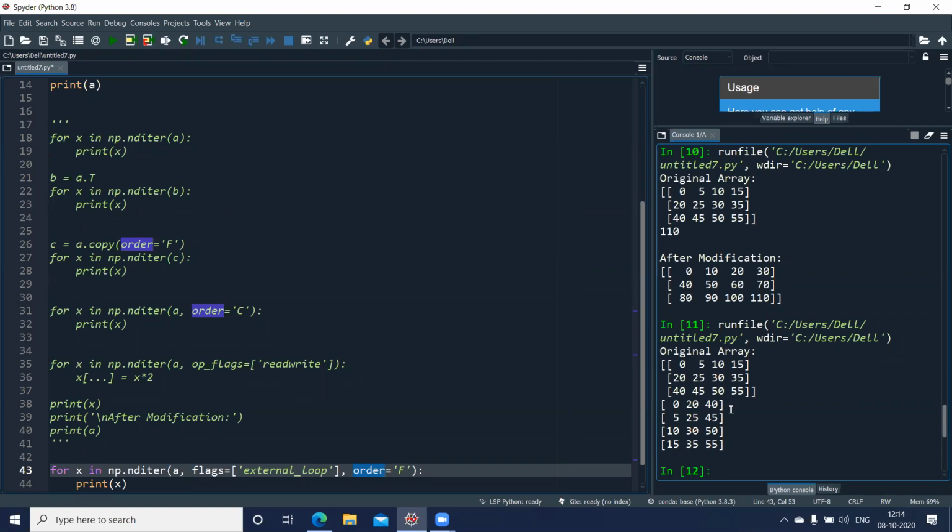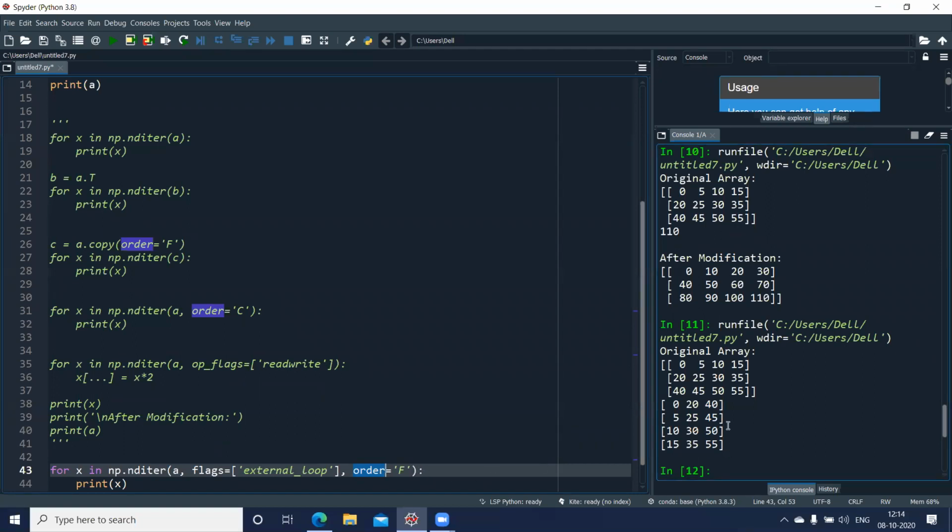Clear? Why is it not a 2D array? Anyone? If you carefully look at the values, they are in only square brackets. In the previous example, when we displayed the original array, you can see there is an extra square bracket here, and there's one at the end as well. And inside this, we have 1D arrays. Whereas in this case, we have a single 1D array getting displayed.